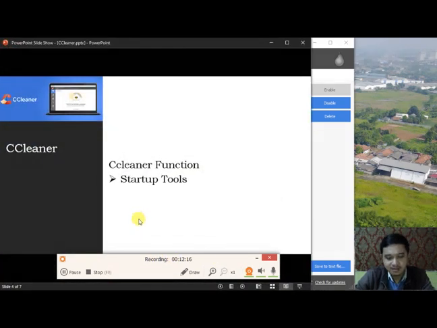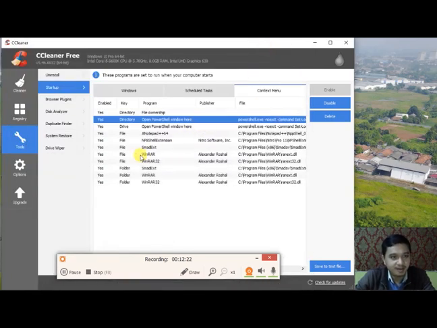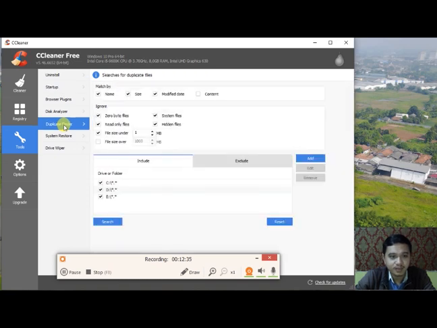Okay, the next function of CCleaner I mentioned before was Duplicate Finder. Okay, let's check the CCleaner application. Duplicate Finder you can see in the toolbar on the left side, and then you can click Duplicate Finder.